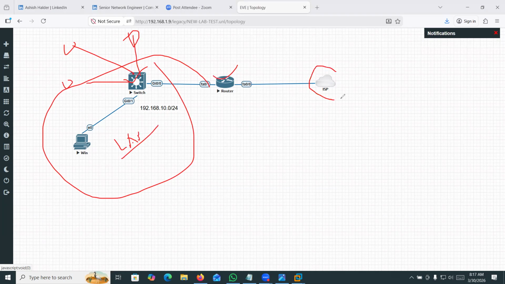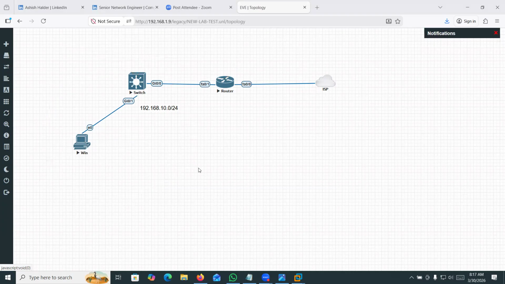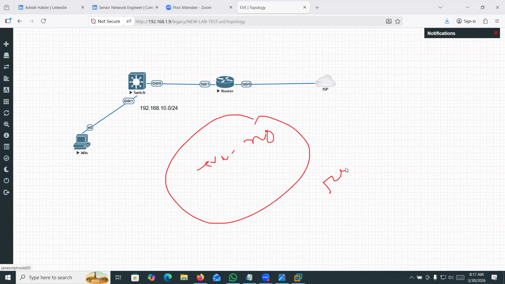Okay, this is an ISP. So every office is connected with an ISP for internet access. So this icon is working as an ISP. Okay. So from my PC, I will get the real internet. So imagine it is a simulator where you can make a realistic lab. Okay, you can consider this the real lab, something like that.